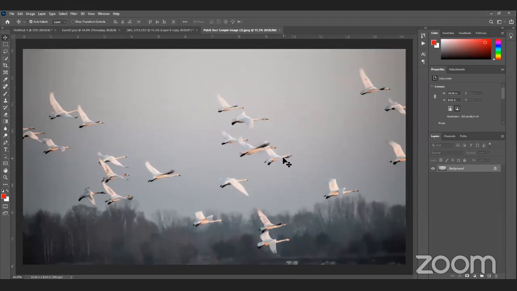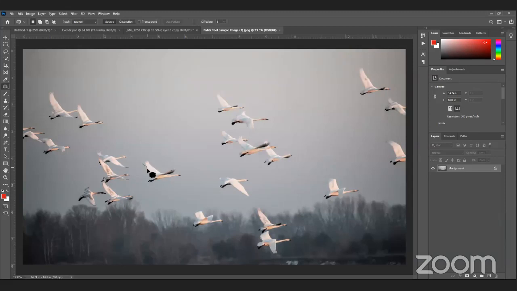Now you can see these are birds here, and I want to remove this particular bird. I don't want so many birds, so how can I do it? I will use the patch tool for that, definitely.